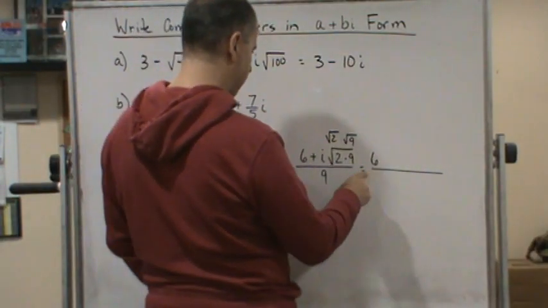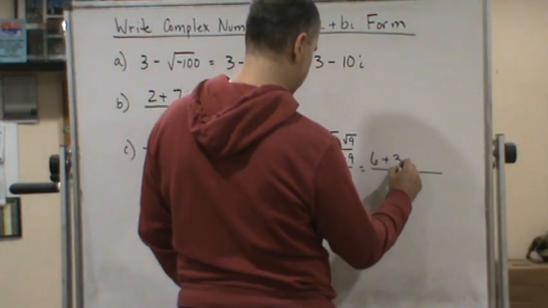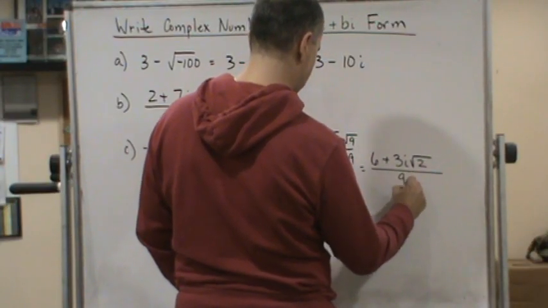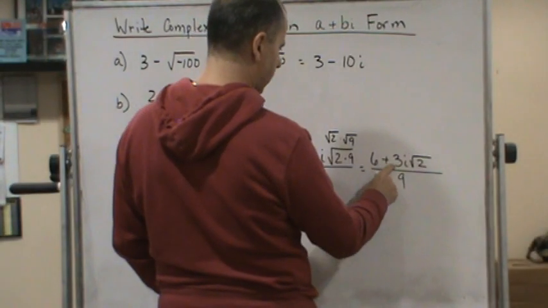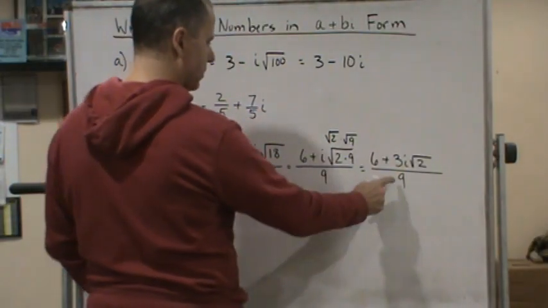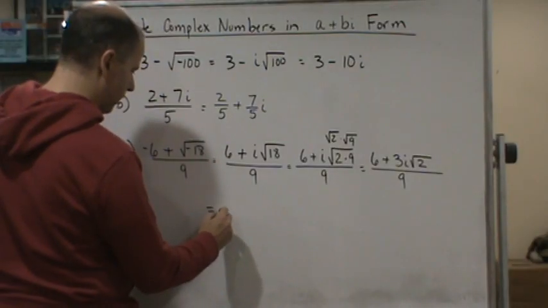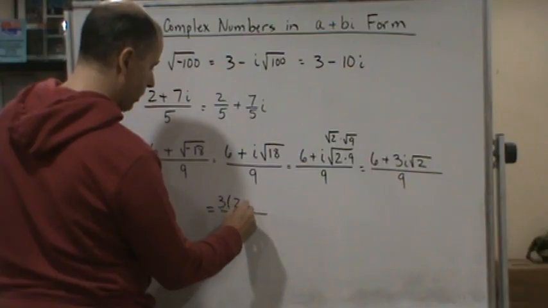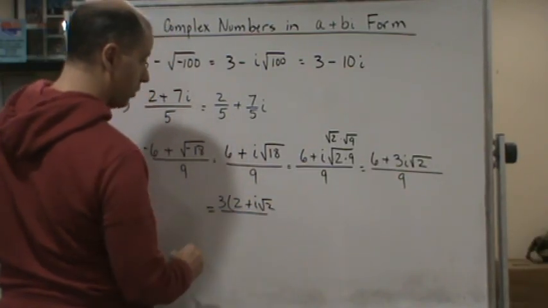Okay, so what we're going to end up with is 6 plus 3i root 2 over 9. And so now we've got a common factor here of 3. So we can factor out a 3 and cancel with the 9, right? So if I do that, that's going to be 3 times 2 plus i root 2